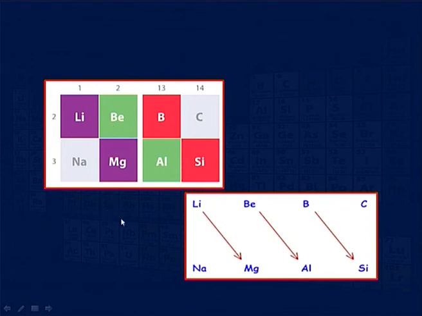Lithium and magnesium have the diagonal relationship in their properties because their size and electronegativity are comparable. Lithium is in the first group and magnesium is in the second group, and they lie in different periods, lithium in the second and magnesium in the third period. This diagonal relationship is also observed with beryllium and aluminum.